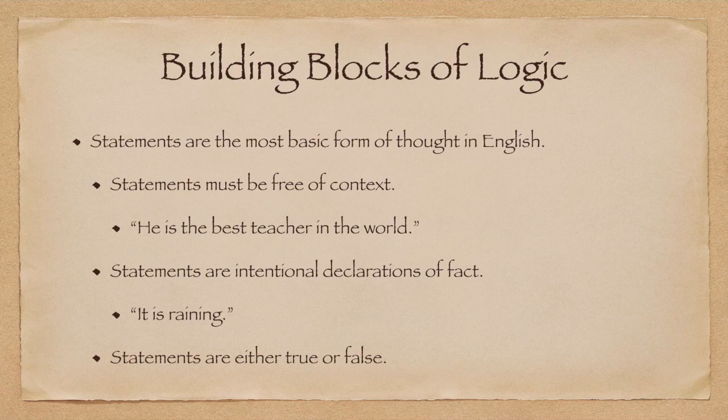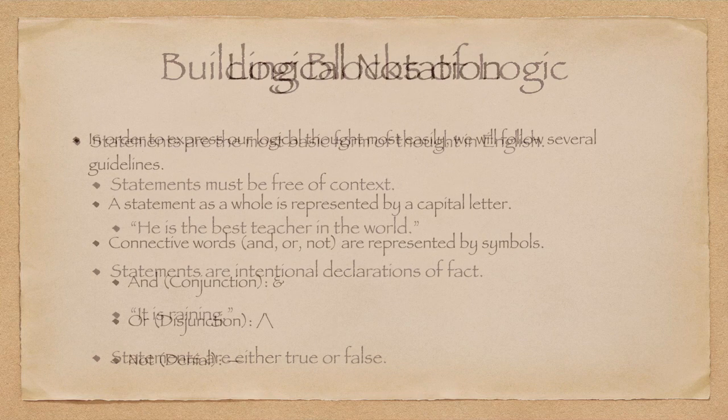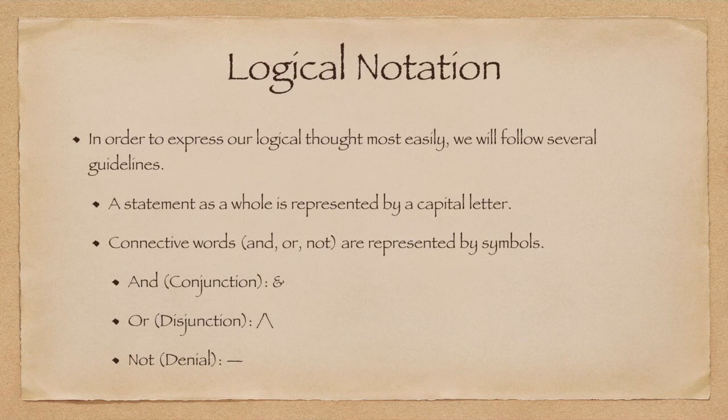Now, last but not least, and truthfully, this is one of the most important parts of logic: statements are either true or false. If a statement is almost true, or true 99.9% of the time, then it's not true. It's actually false. There is no middle ground in logic when it comes to statements. Without strictly implementing the standard of true and false, there is no arriving at a final logical conclusion. Now, in order to work with logic, we need to know how to write a sentence using logical notation.